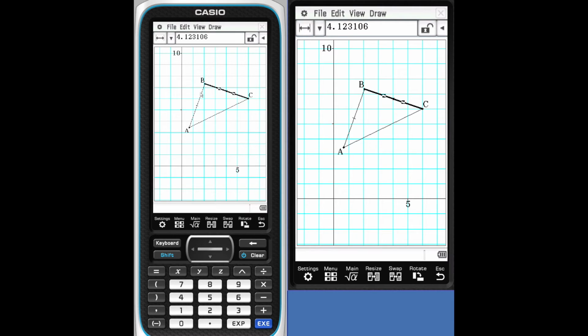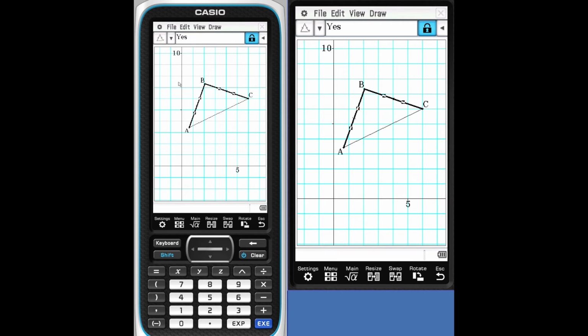The other thing you may have noticed is as soon as you click on 2, you get the angle measurement between AB. Now let's construct the supplement of angle ABC. So we'll just grab the down arrow, select the supplement. Now what you have there is the supplement of that angle.